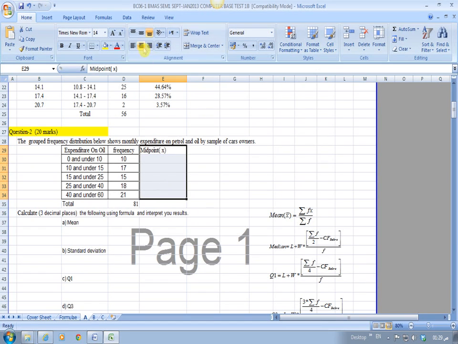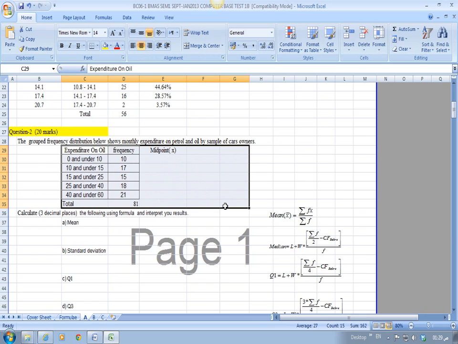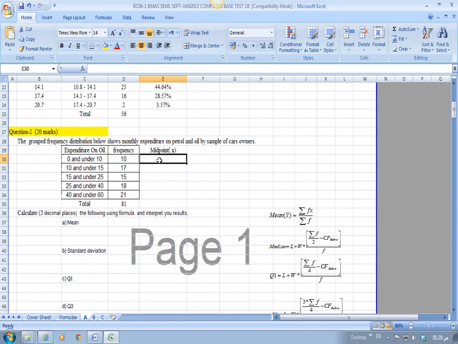So here we want to calculate the midpoint for the first class, the midpoint between 0 and 10. Without calculation, you can say that the number in the middle between 0 and 10 is 5. And by calculation you can make equal, and this is very important, make a bracket